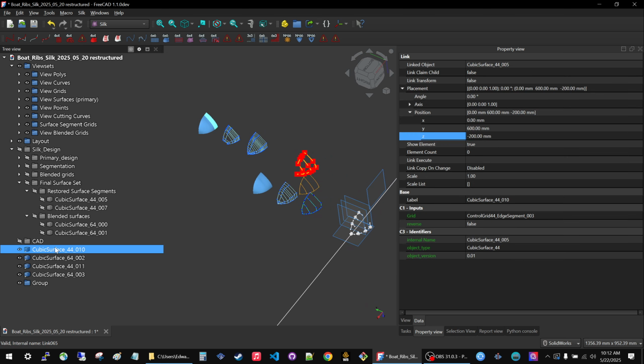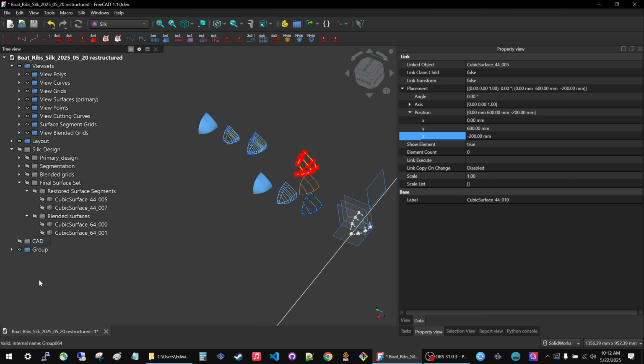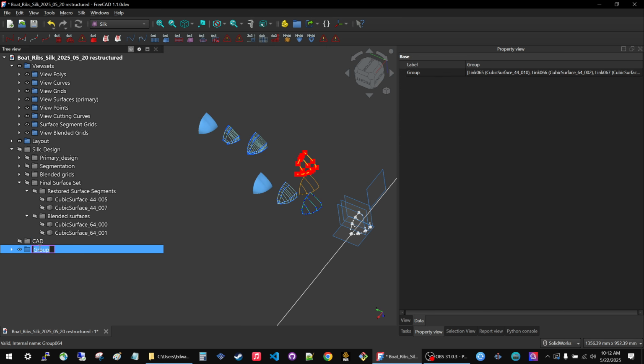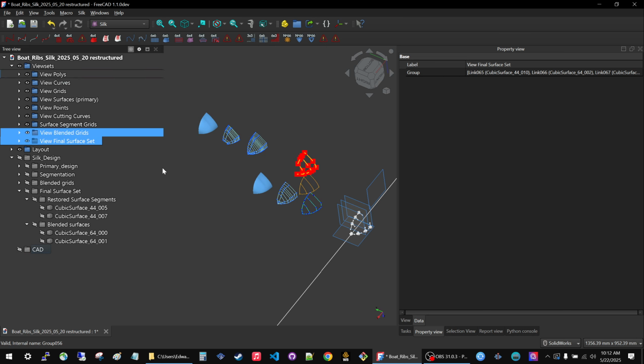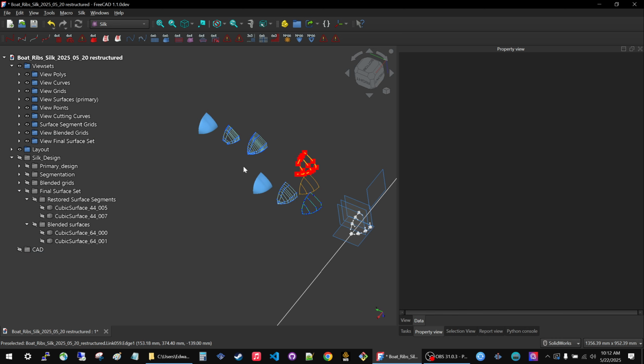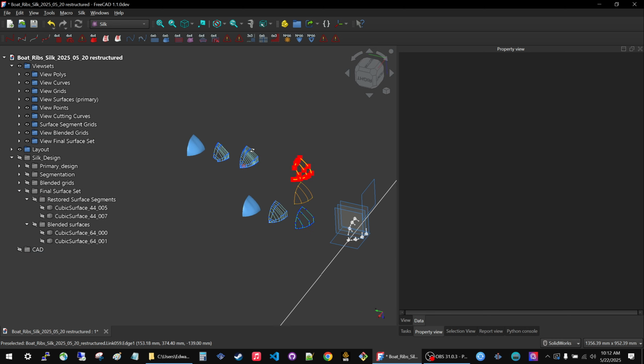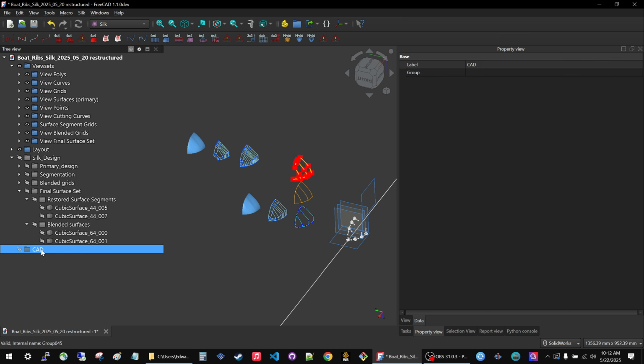So let's take all of these, put them in the folder, and what is this? This is view final surface set. And we put it right in here. And right now, let's go back. No, we don't need to go back right now. Let's just keep working. Remember, we have this CAD folder where we put stuff after we're no longer working with Silk,